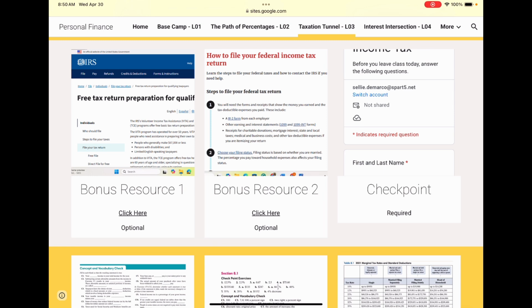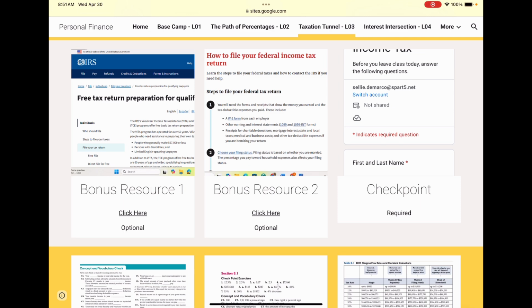At this point, my students have been working through this for the past couple of weeks. Today, they're finishing up lesson 8, and they've really gotten used to it every single day. They know they're going to do their notes, and that they have a choice of where to get the notes from. They know to look for the textbook exercises, and then they have to do the checkpoint. There's probably going to be something else they have to look for, either an interactive activity or maybe a discussion. They've gotten the whole format down, and they also appreciate all those bonus resources. I've seen a lot of them playing the games. They're really enjoying the total layout. I just wanted to mention that real quick.